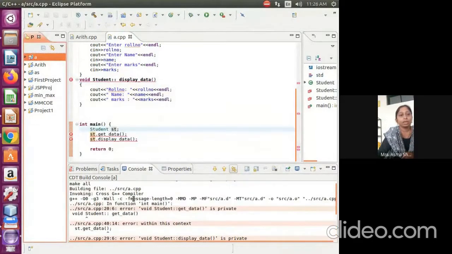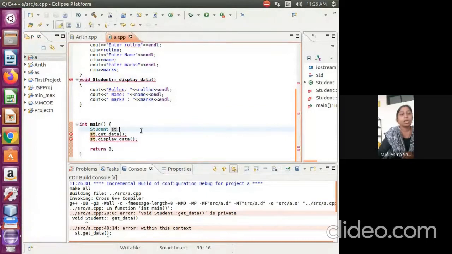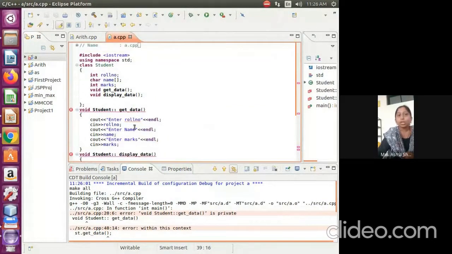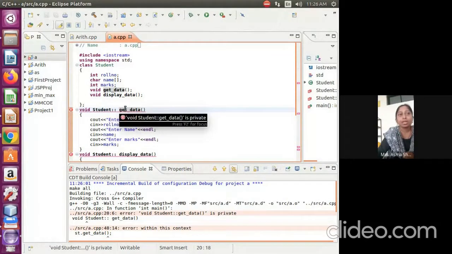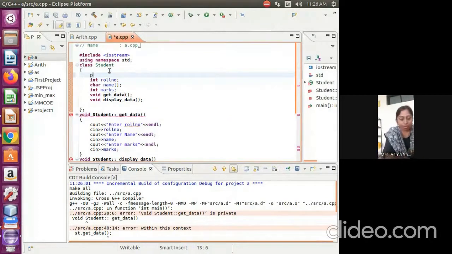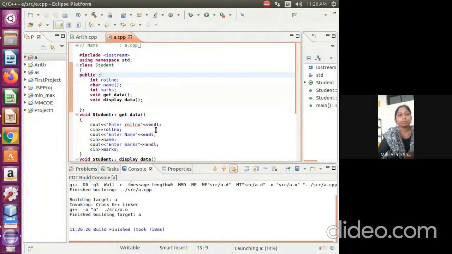One error here. Now I told you one important thing: this data which we are writing, we have to mention that it should be public, with the public access specifier, which indicates the data members are public now.